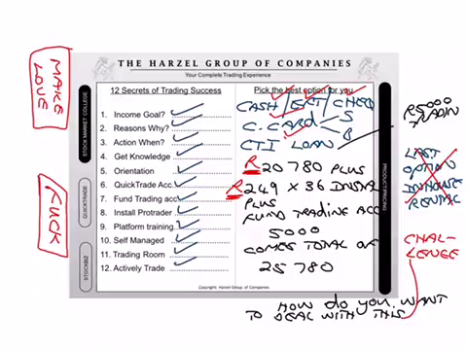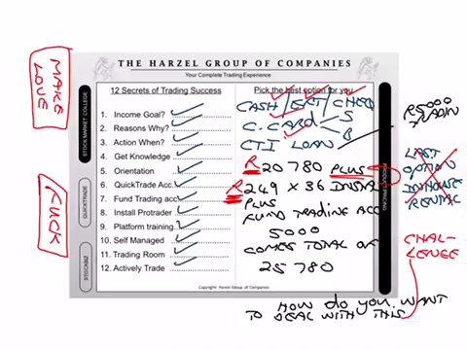So I do 20,780. Then I say the word, very important now, plus. And I make a big fuss about the plus word, and I then say 249 Rand a month, and I put in the Rand sign, as you can see there, for 36 installments. And then I say to the person, and that's part of your course price. With Wesley, he was talking about services and this and that, and I won't go into it. And now the person starts wondering, well, what else do I get and what is it for? You don't want them to be unsure. And then I said, plus, you've got to fund your trading account with 5,000 Rand.